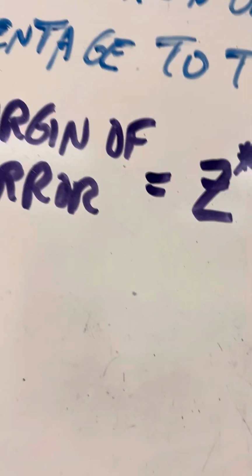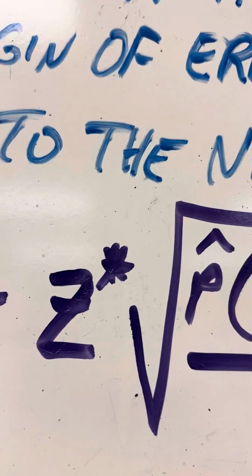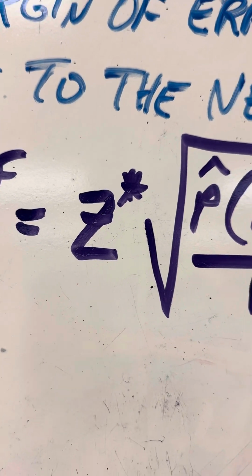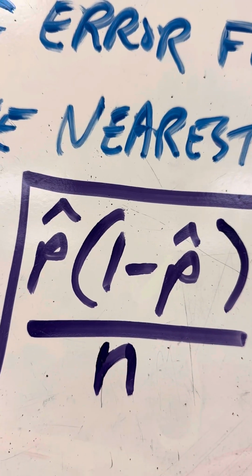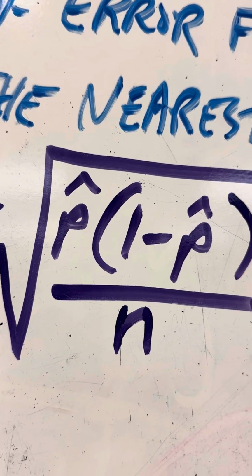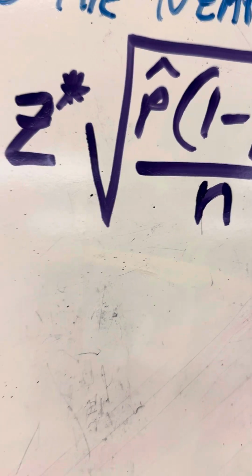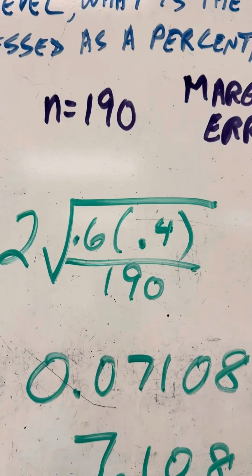Z, since we're again at the 95% confidence level, Z is going to be 2, right? Because it's 2 standard deviations. This P is going to be 0.6. 1 minus P is going to be 0.4 because 1 minus 0.6 is 0.4. N is 190. So you do that calculation and you'll get